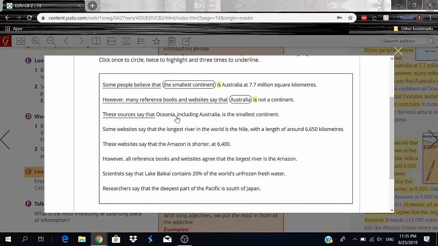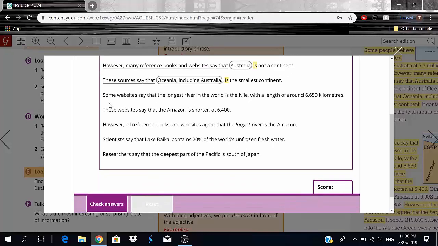Okay? So these sources say that, introductory phrase, simple. Oceania, including Australia, that's our subject. Okay? And finally, is right here, is our verb. Okay, you guys? I don't know, that one really messed me up. I don't know why. It's really simple. Anyway, we have some